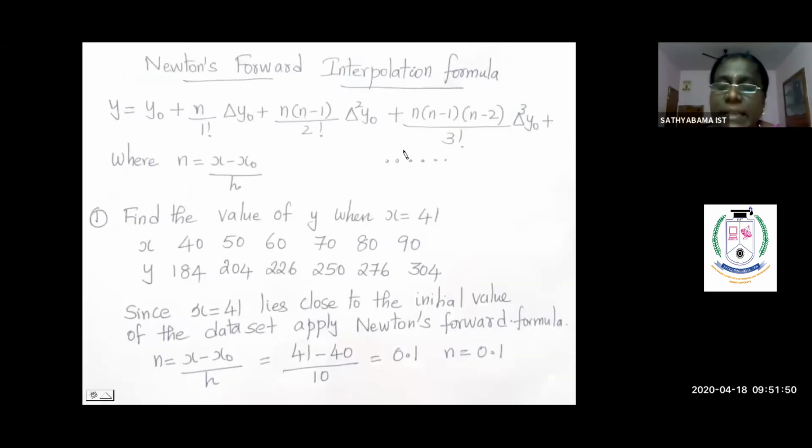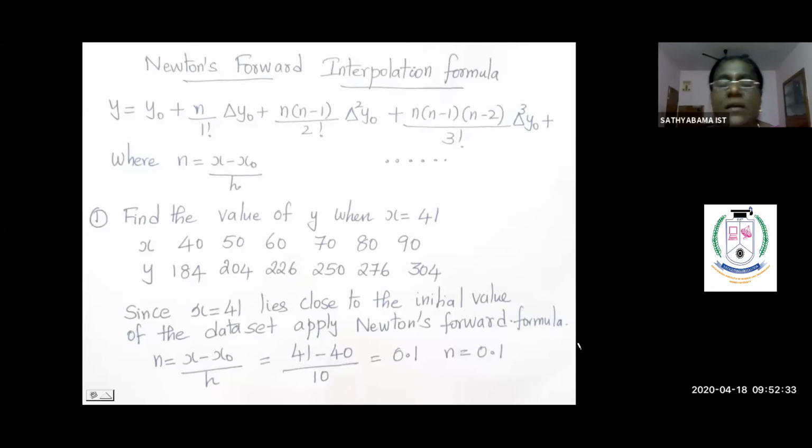Here I have taken up to del power 3. In the problem, for the values I need to apply this formula, I need the initial y0, del y0, del square y0, del cube y0, etc., which are available in our finite difference table. And there is one more new value called n, which is obtained by calculating x minus x0 by h. What is h here? The common difference under the x values. You know x values are equally spaced, so surely you can have a common difference value h. And what is x0? The initial value of the data set.